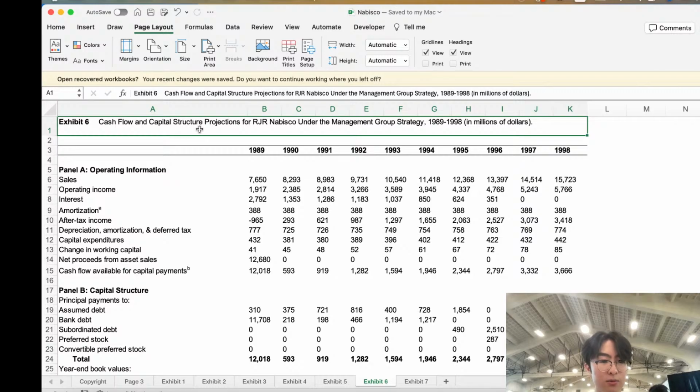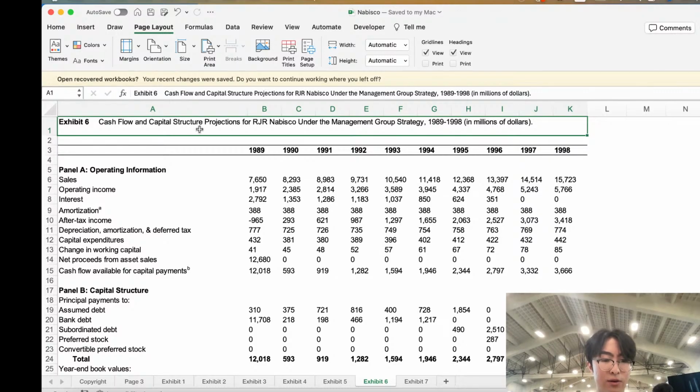Free cash flow, then we have, I believe, operating income after tax, and then we want to add the depreciation, amortization, and deferred tax, and then we also subtract capital expenditures, and then we'll also subtract change in working capital. So with that, we have free cash flow. And I think from here, what we want to do is try to find the cash flow from the tax shield. And I think the tax shield we defined up here, it's equal to the tax rate times the interest rate times debt outstanding. So we have debt outstanding.